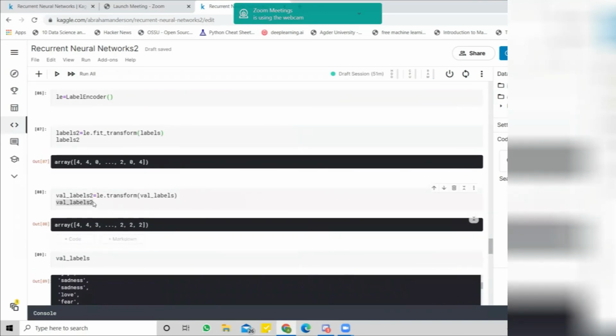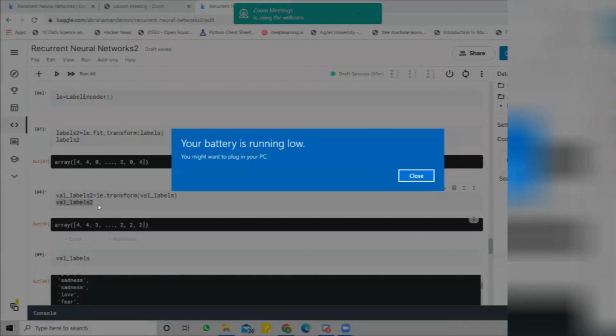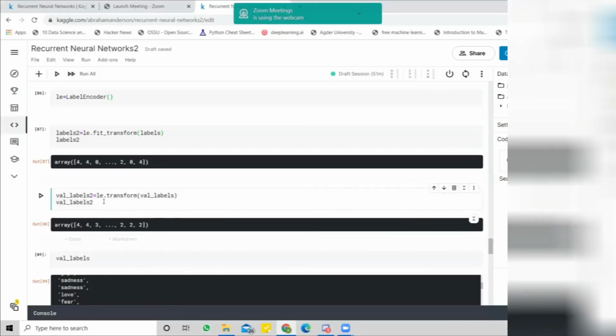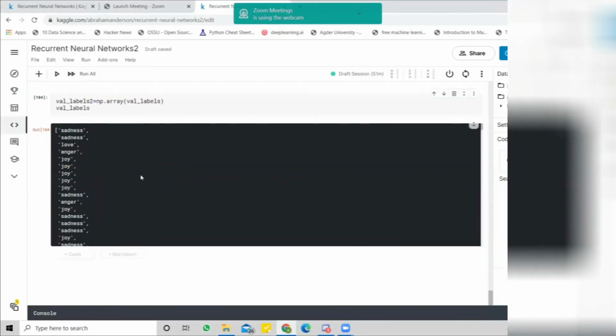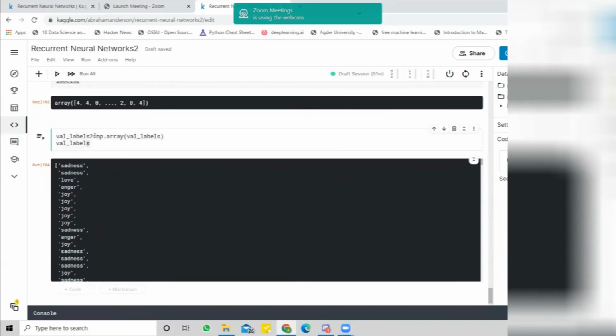Yes, it's val labels 2. We need val labels 2 here.